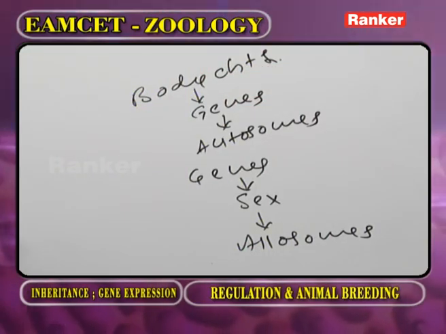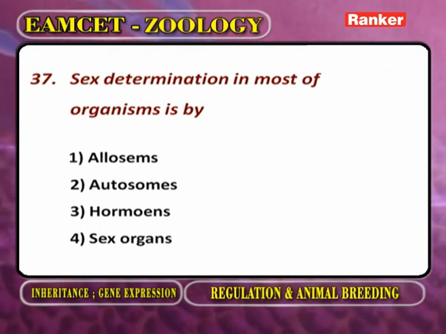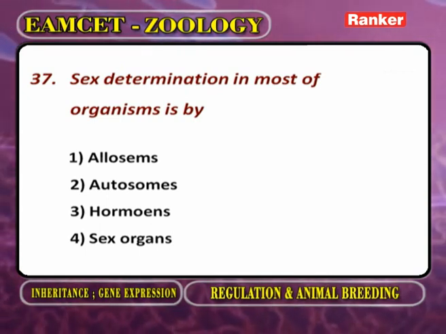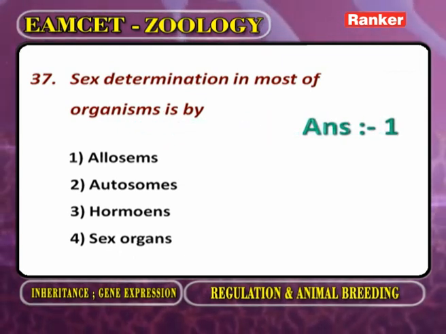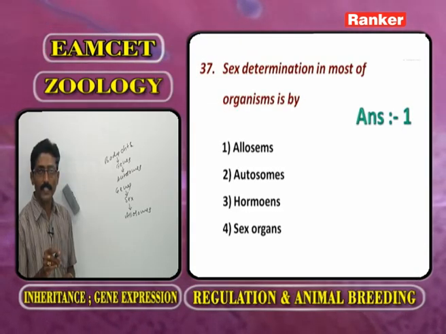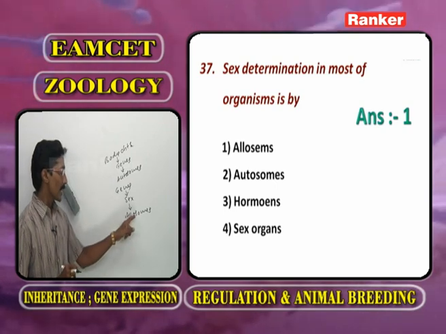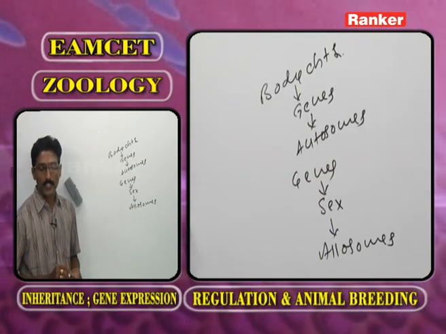Here the answer is allosomes. What about the autosomes? On autosomes the genes for body characters are present. What about the hormones? For the sex differentiation, hormones are required. But here sex determination is by allosomes or sex chromosomes. Now the next question is,